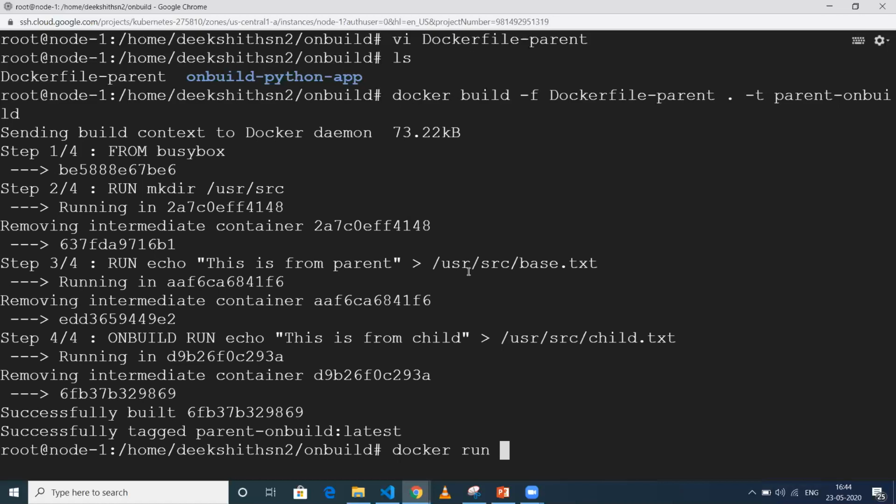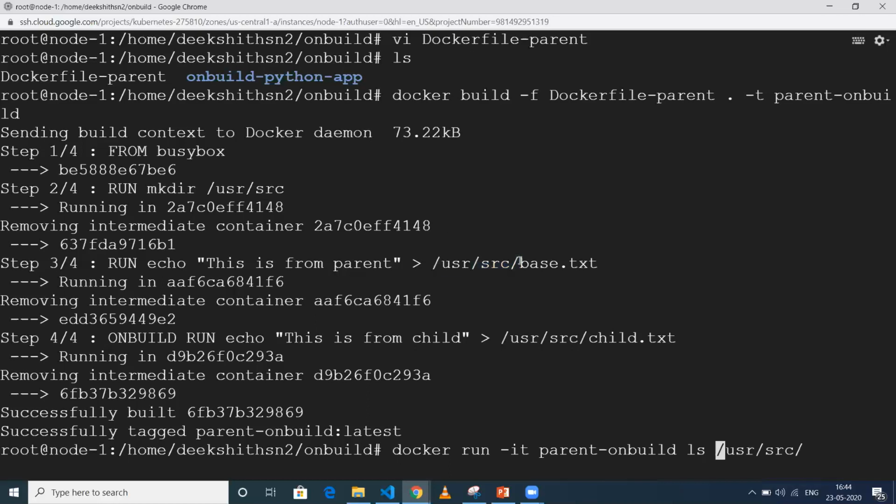docker run -it, because I need to run some commands. Then I'll give parent:onbuild, because my image name is that, and I'll do ls on this particular folder.